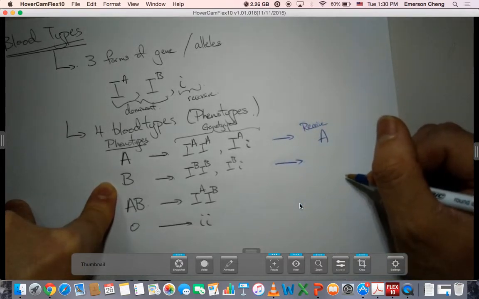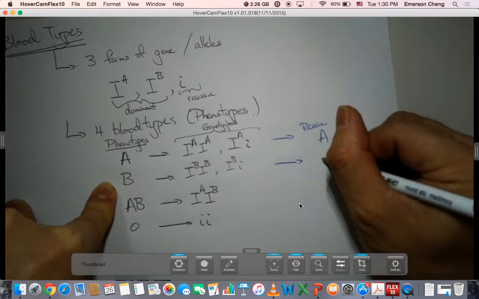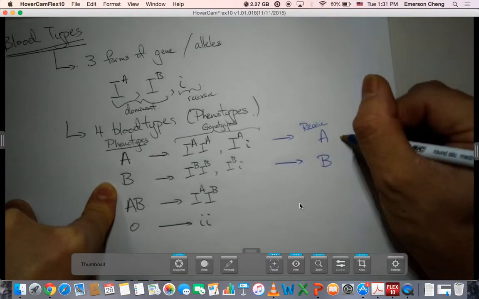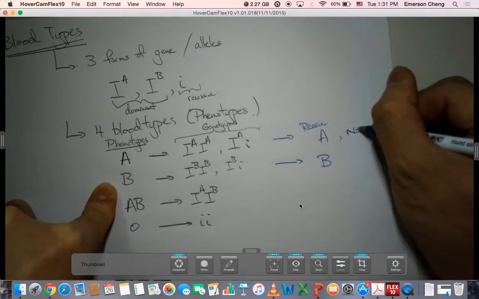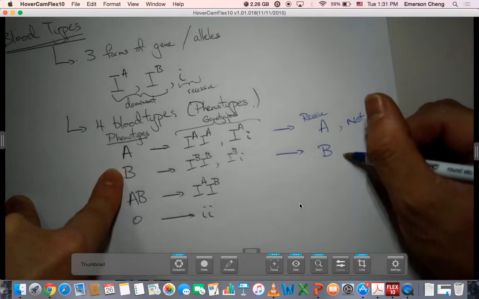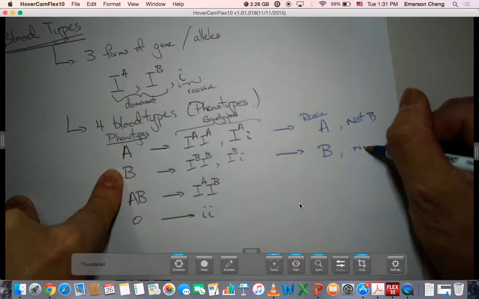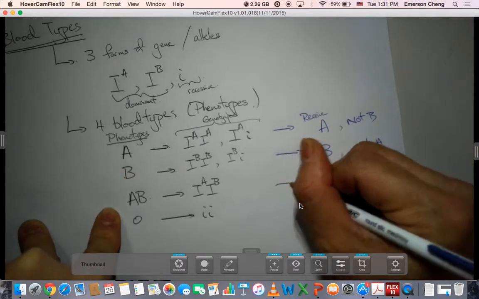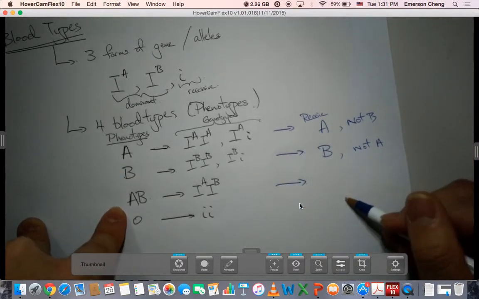If you're type B blood, again, you can receive type B blood, but not A. So type A blood, you can't receive type B blood. Type B blood, you can't receive type A blood. Now, type AB blood, if you're type AB,